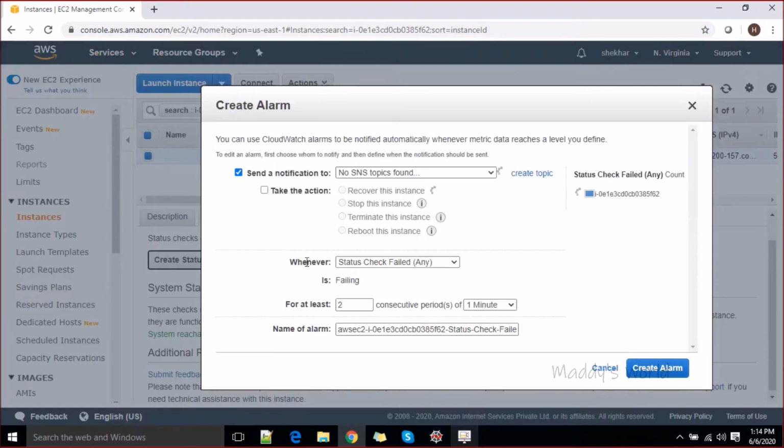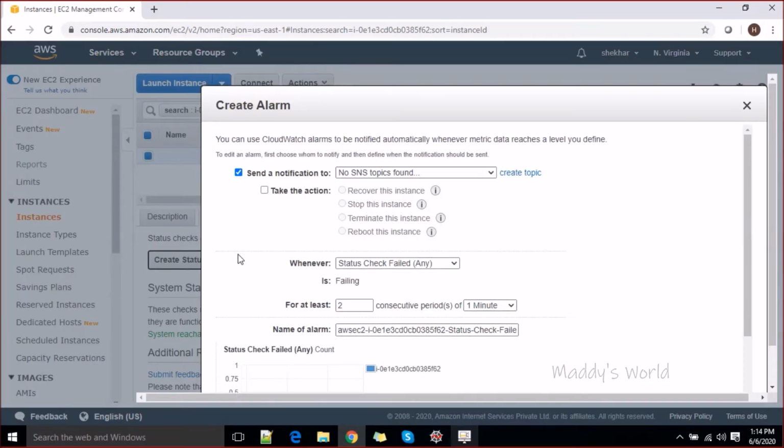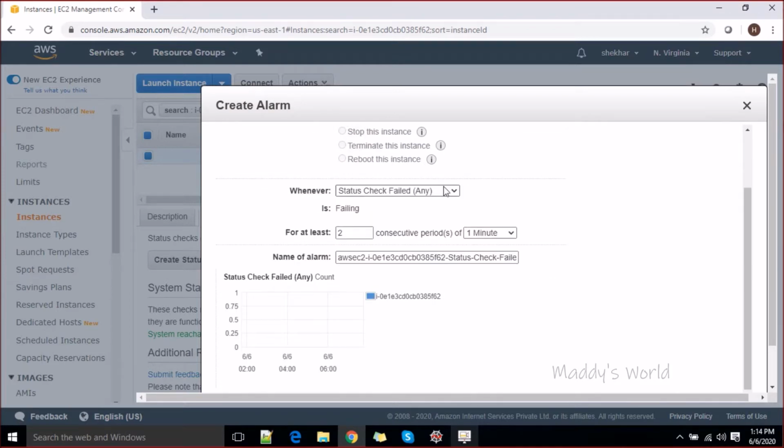Even if you want, you can create your own checks here, right? You can enable the notification if you want. If you don't want it, remove it. Anyhow, it may be useful for you. You say check fail any, check fail instance, check fail system, right? If anything is failing, if the instance is failing, or the system is failing, it should be alerted.